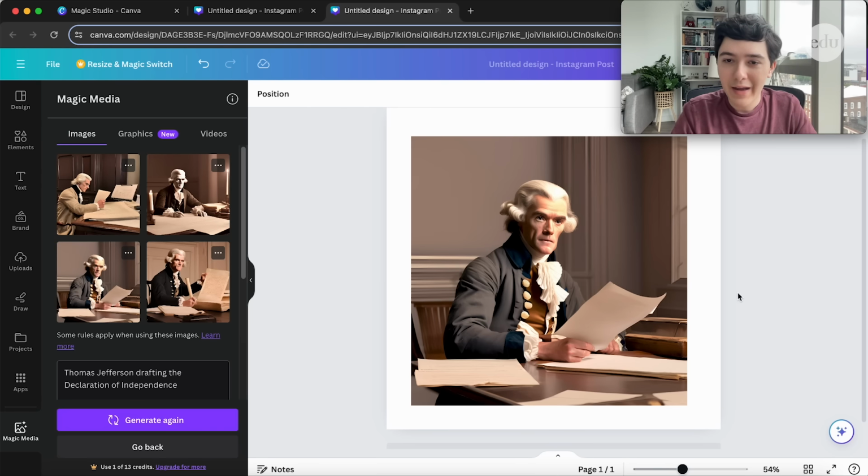And that's a great way to get students to engage in critical thinking and also to help them understand the limitations of AI as a technology. Right now, at least, it's not always going to get those little details right.